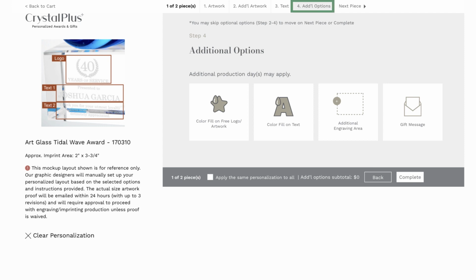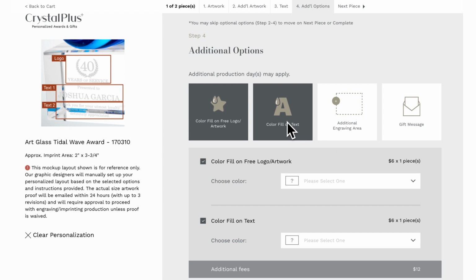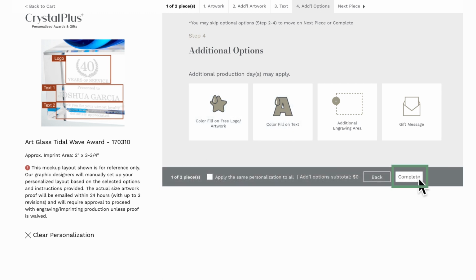Finally, Step 4 is optional and lists all other additional custom options that we offer, such as a color fill, additional engraving location, or gift message card. Once you have included all your relevant add-ons, you will have a summary of any additional fees on the bottom for your reference. If this step is not applicable to your order, you may skip this step by clicking Complete